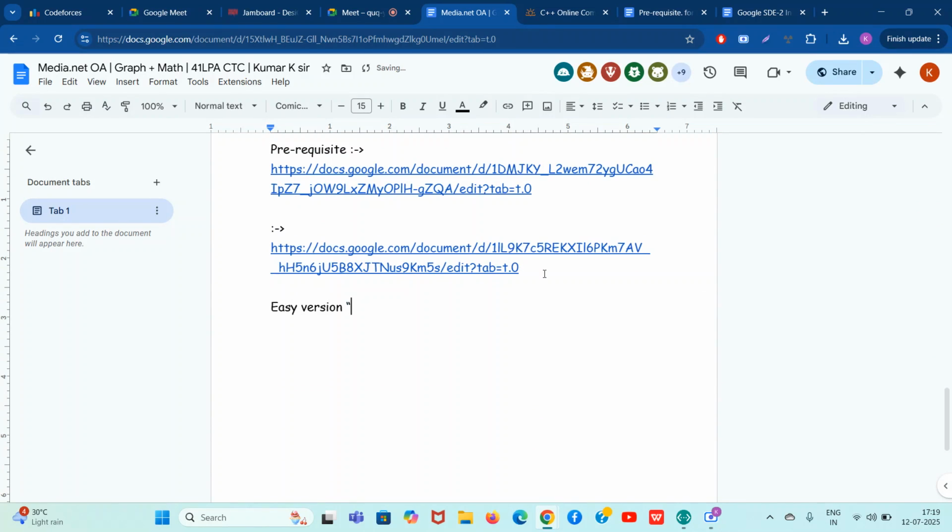Easy version. You are given a grid. A grid with positive numbers and minus 1. You can travel from any cell to any other cell